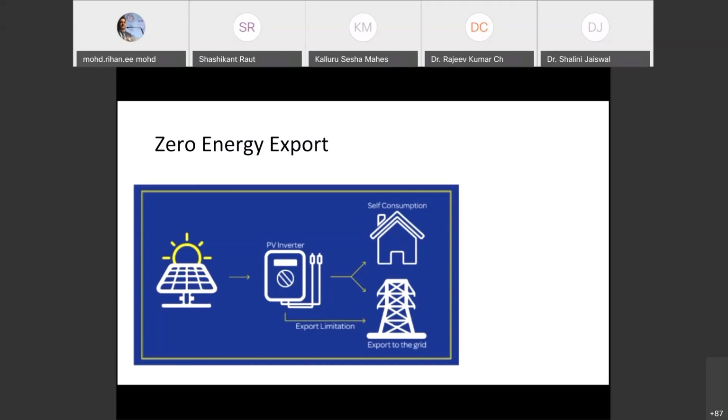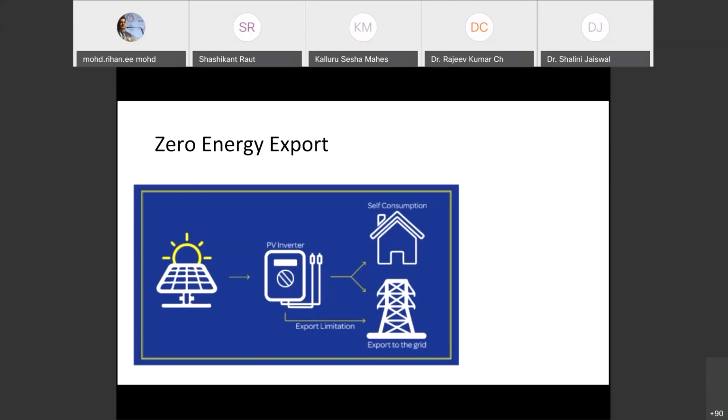This is a simple and economical device. There is no complication, and it is not costly. So what happens? This device you install with your plant, and it works with the inverter which is already there, and it manages the generation. If it sees that power may be exported to the grid, it will reduce the generation for that time. It will keep on continuously monitoring. When more generation is required by the local load, it will increase the generation. Otherwise, it will decrease the generation. So it is basically limiting the export to the grid. That is the idea.